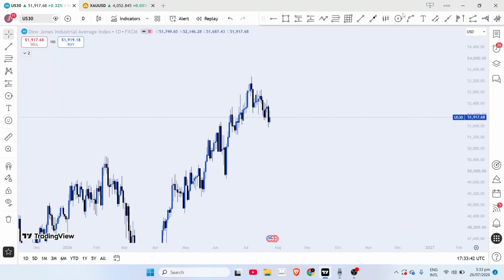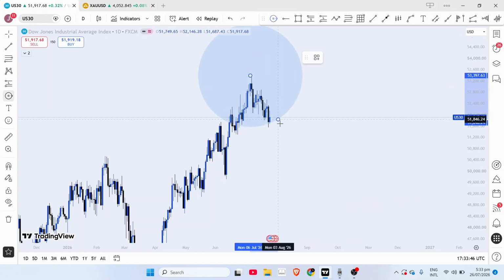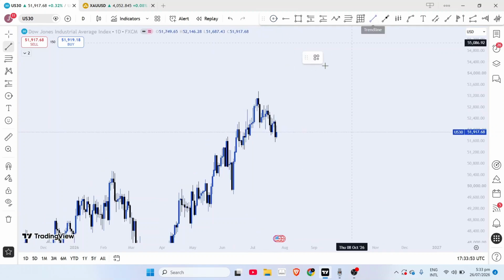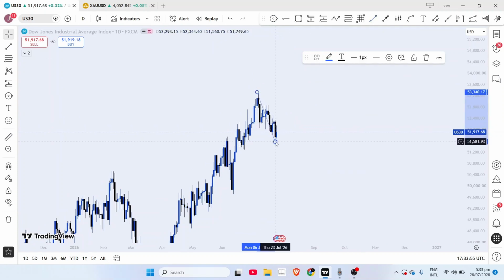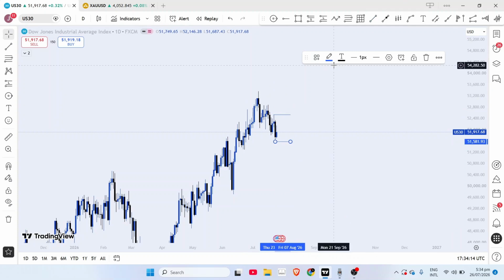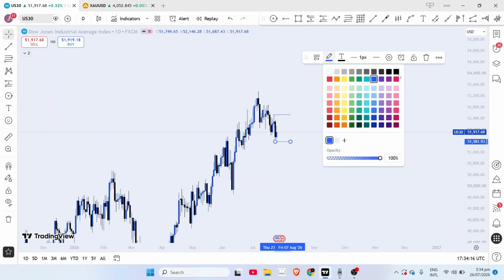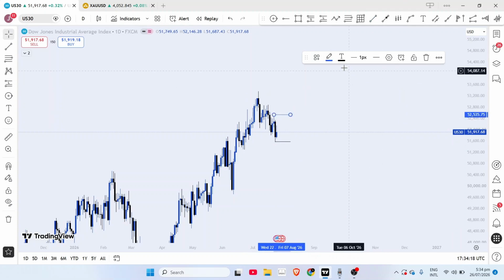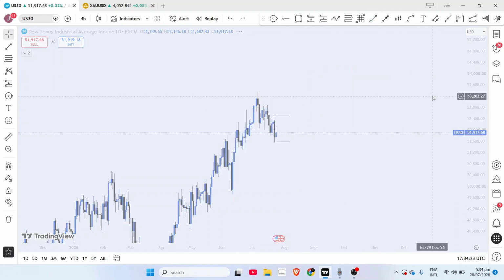This immediate leg of price right here, from this particular high to this low. So let's mark out our range as usual. Let me change my colors. Good. So on the 4-hour time frame,